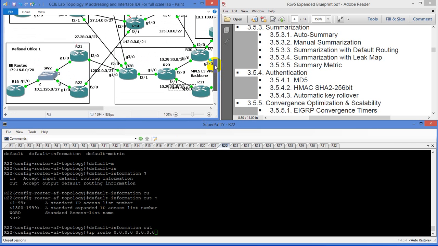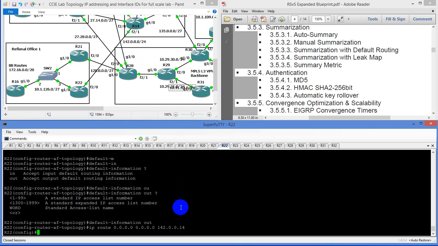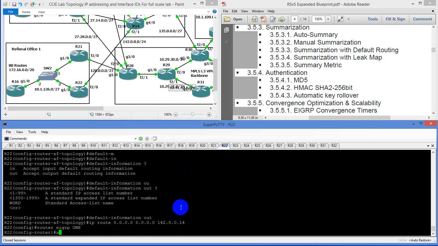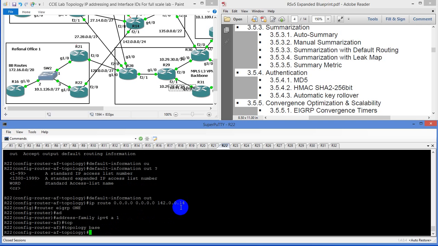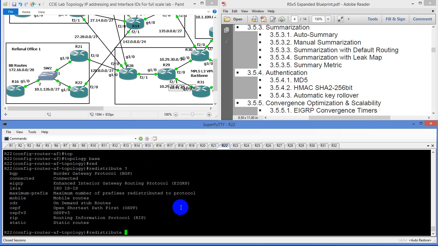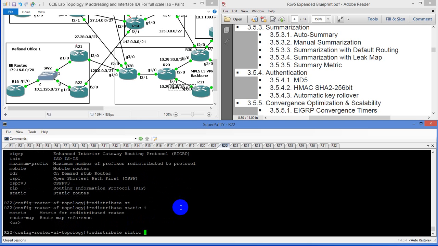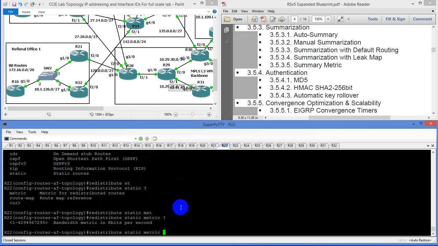It's going to be the 142. So 142 is going to be 142.0.0.14. And what I'm going to type now is, I'm going to go back to router EIGRP 1, and then address family IPv4 1, and then topology base. I'll type in redistribute static, and then I'm going to add a metric to it, or I'm sorry, not a metric, but